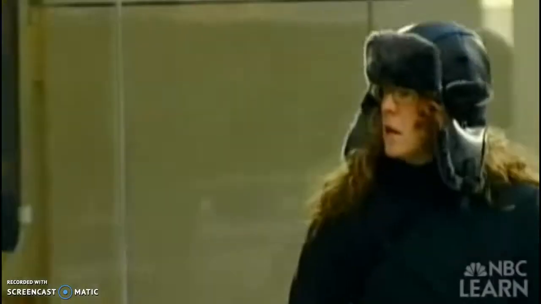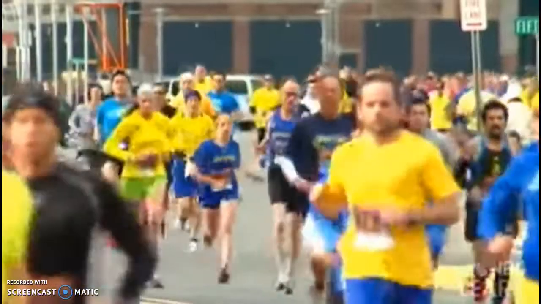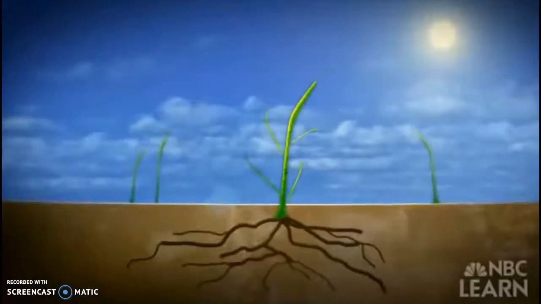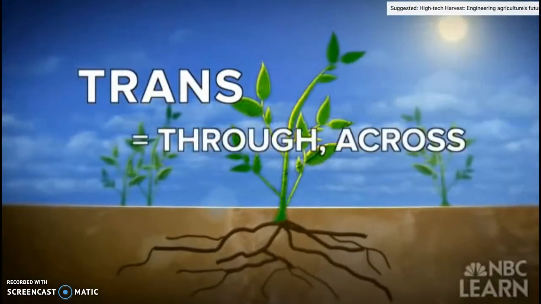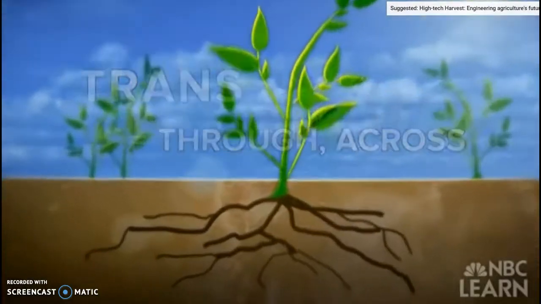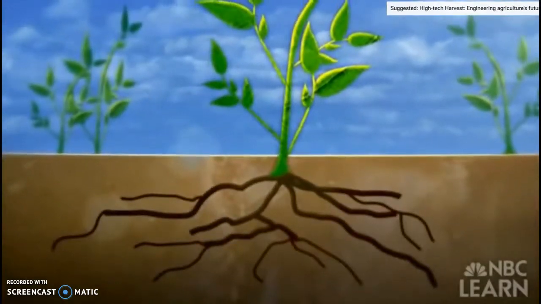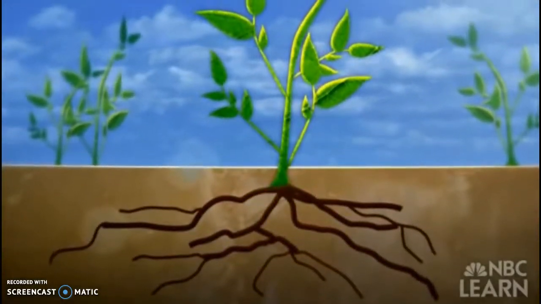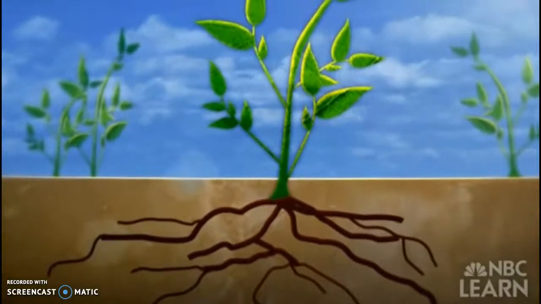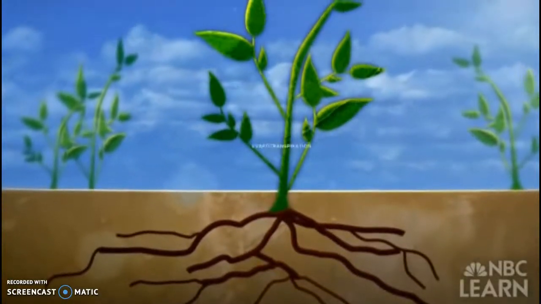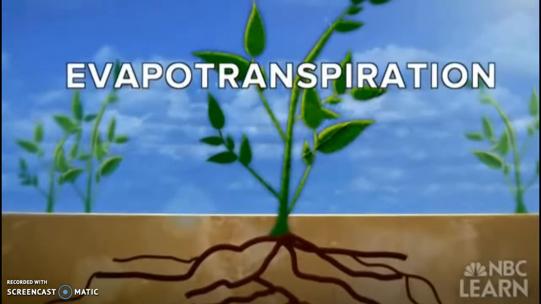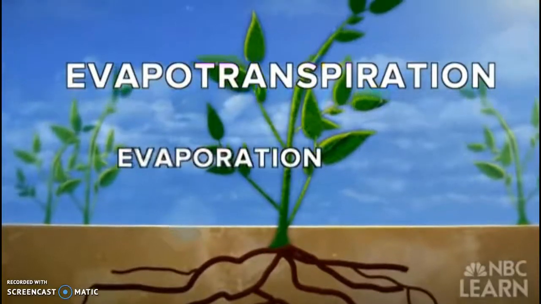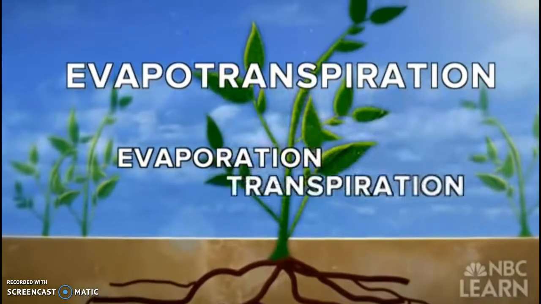Water evaporates through our respiration and perspiration, and from plants through transpiration. Trans means through or across. Plant roots draw up groundwater. And plants pull that water up through their stems into the leaves and then release it back out through evapotranspiration. Evapotranspiration, a spelling bee-worthy term for evaporation from soil and water surfaces, plus transpiration from plants.